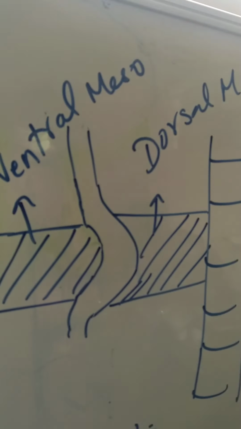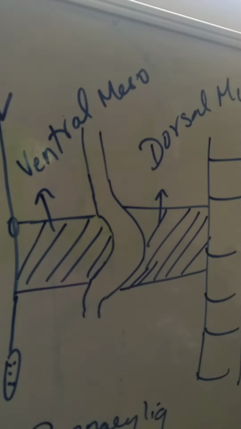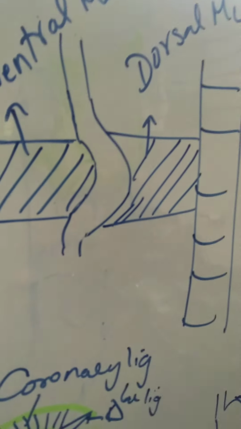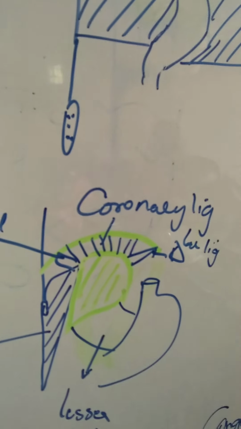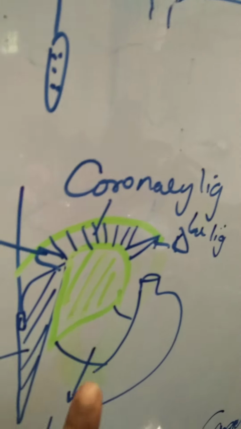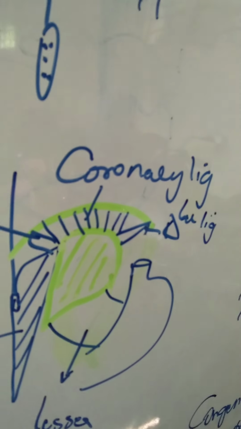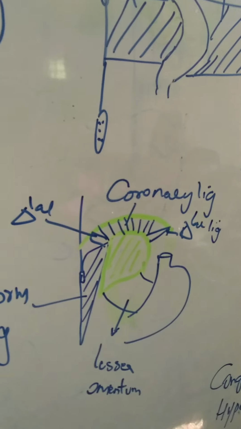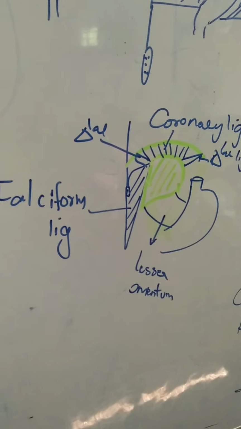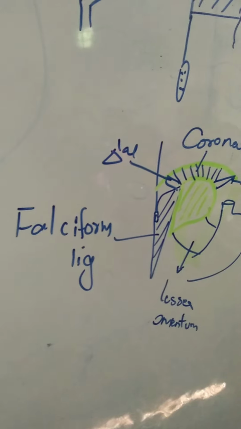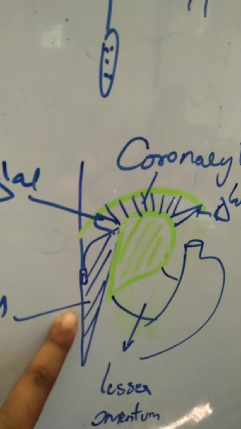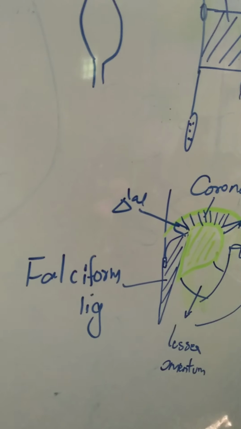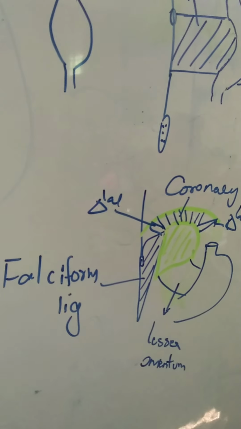Subsequently, from the ventral border of the stomach, from this area, one bud will grow. It's called the hepatic bud. It will give rise to the liver. This green color structure is the liver. So when it gives rise to the hepatic bud or the liver from the endoderm, the ventral mesogastrium becomes as follows. Between the anterior abdominal wall and the liver itself, it will form a sickle-shaped fold of peritoneum. You already know that: the falciform ligament.